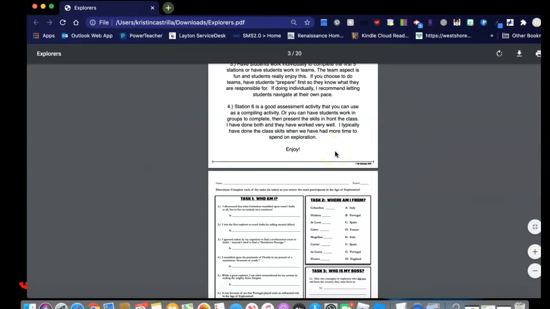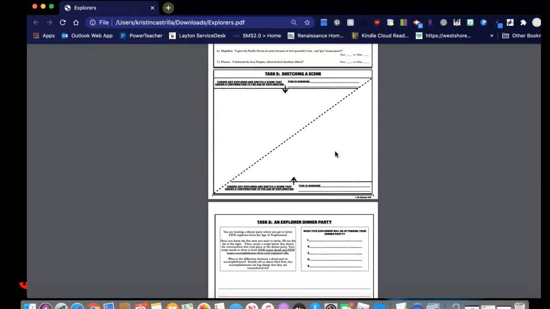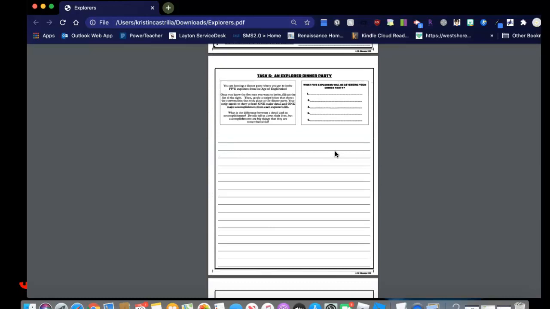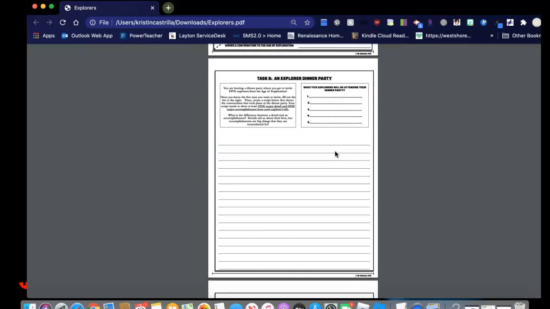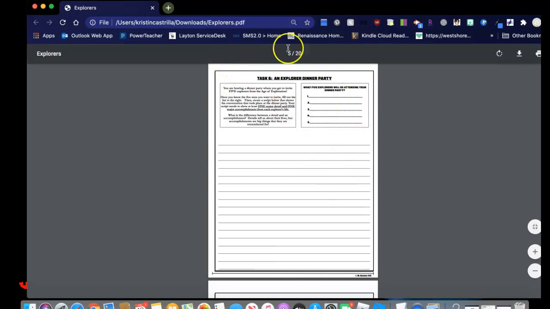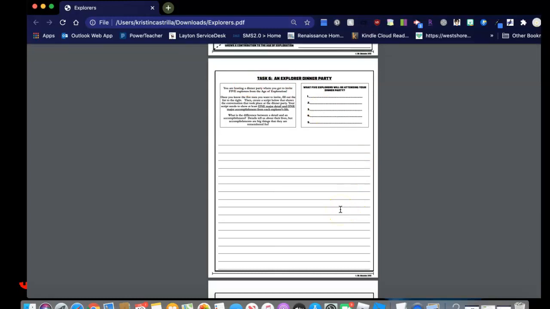Okay, and so on this PDF, maybe I want them to do this Explore dinner party. So I would do the same thing. I'm going to take a screenshot of this already created worksheet. I'll screenshot what I want,